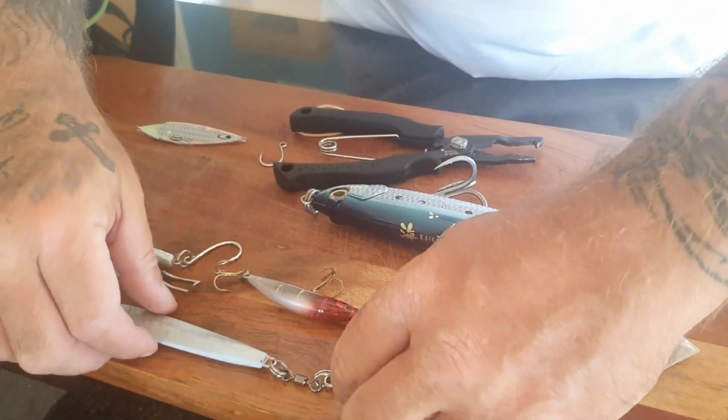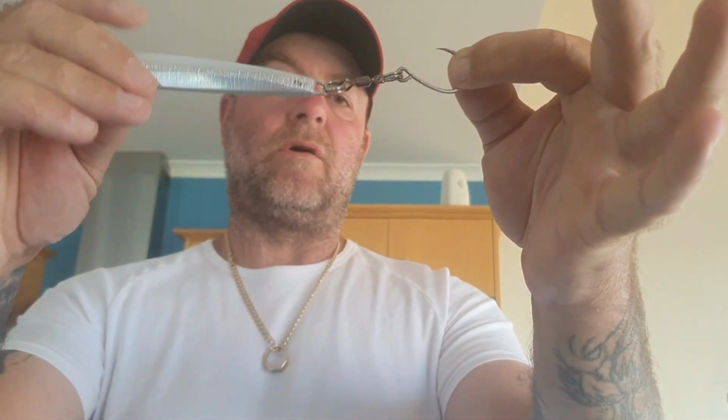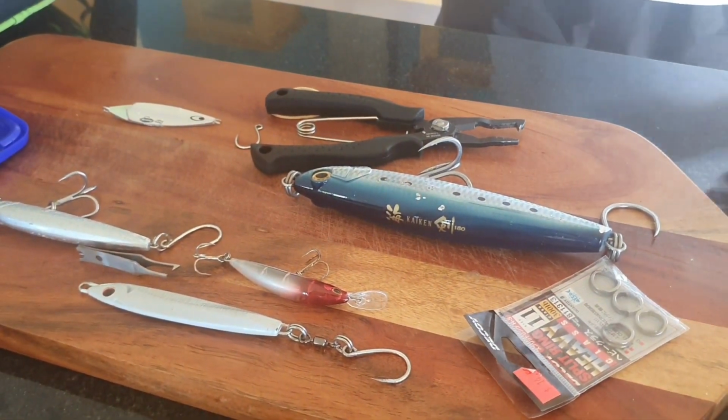Now I have something else, so that's going to go both ways. It doesn't matter if the lure's upside down all that way, really. At the end of the day, it's going to go both ways. So now what I also do, I do exactly the same thing with,